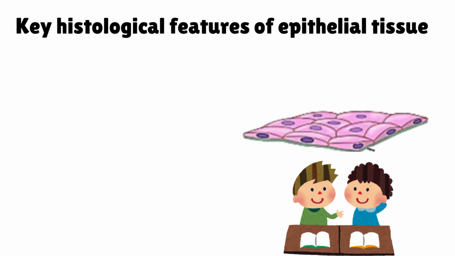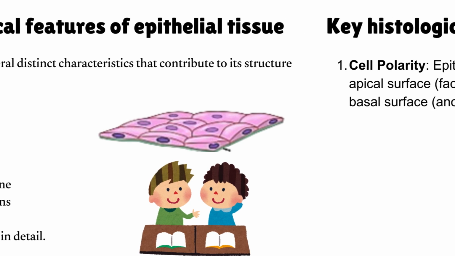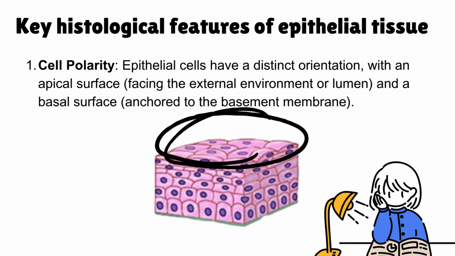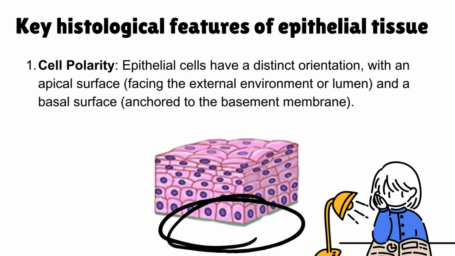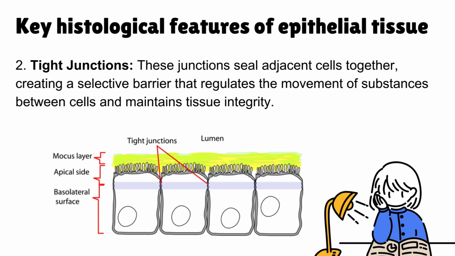Key histological features of epithelium. Epithelial tissue has several unique characteristics that define its structure and function. It exhibits cell polarity, meaning that epithelial cells have a distinct orientation. The apical surface faces the external environment or a lumen, while the basal surface is anchored to the basement membrane. It contains tight junctions, which seal adjacent cells together to form a selective barrier that regulates the movement of substances